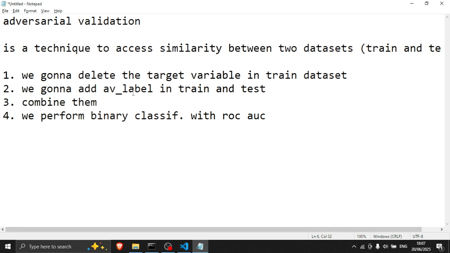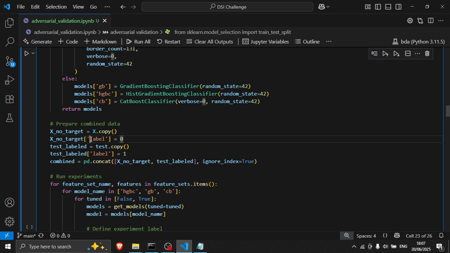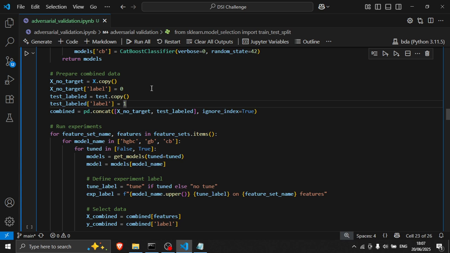Number 2, we're going to add the AV label in train and test. I gave it the name AV label, with only label. You can set it to anything you want. So the train, or X here, is set to the value 0 and the test to the value 1.